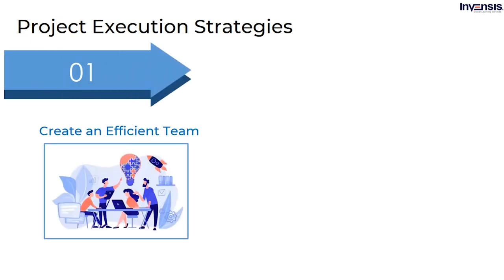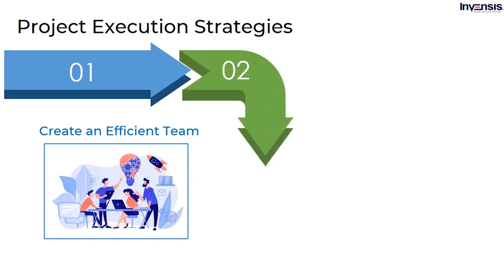First, we have create an efficient team. Many distinct elements contribute to the project's completion speed and time or even faster project milestones. One such factor is a team with excellent performance capabilities. Let's face it, you can't have all of the best members on your team, but if you're prepared to push yourself to the limit, you can make every person on your team the best available. As a manager, your job is to convert and train your employees to have the most efficient workforce possible. Very often, people are unaware of their abilities until they are forced to use them. Then, all they need is a push from you.